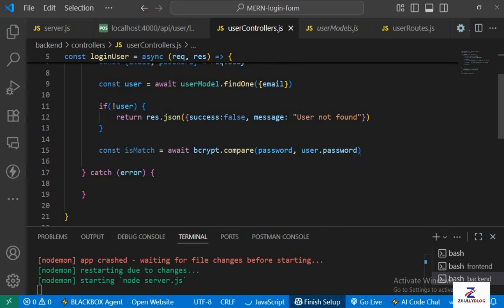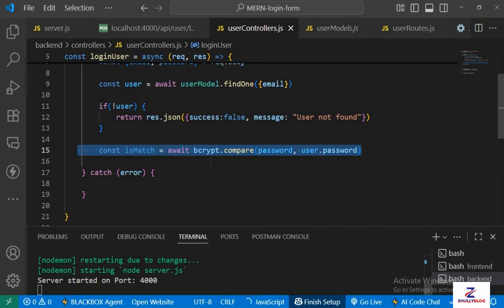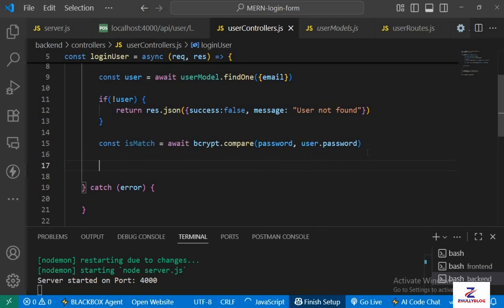Okay, now that we've imported this, this line of code is to compare the hashed password that we've saved in the database with what the user is currently typing in. Once the passwords match, we'll generate a JWT token to return a success response. Before generating this token, we need to create a function